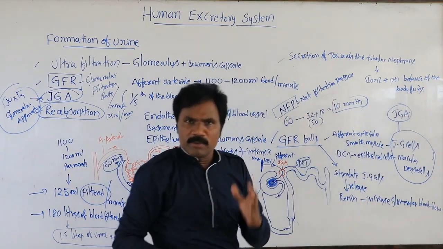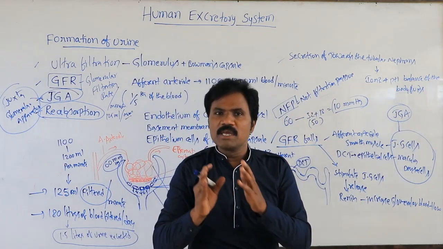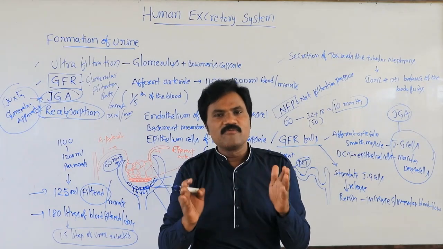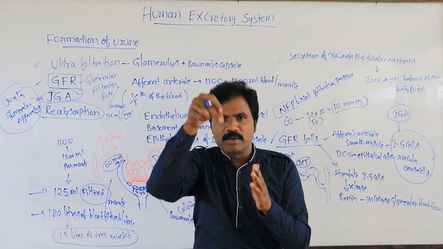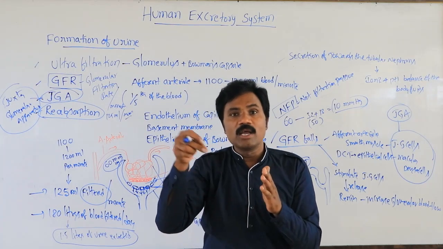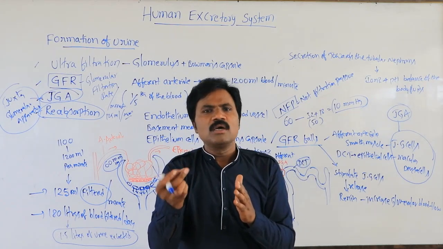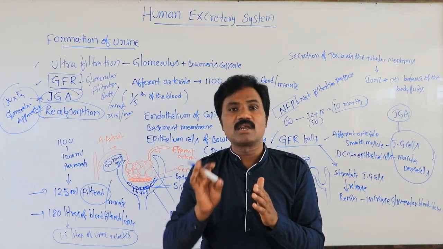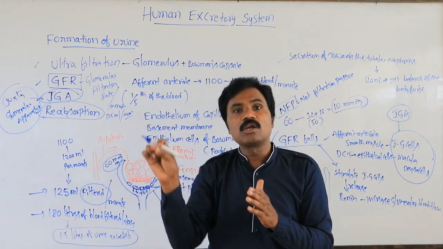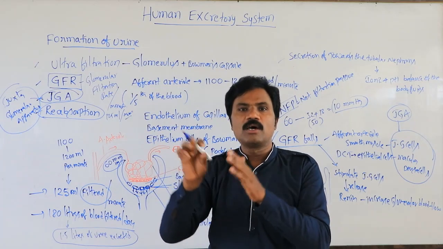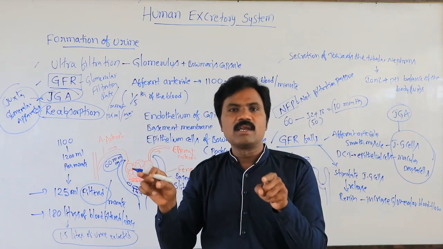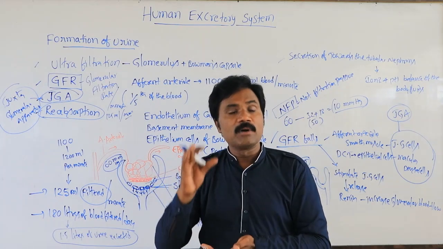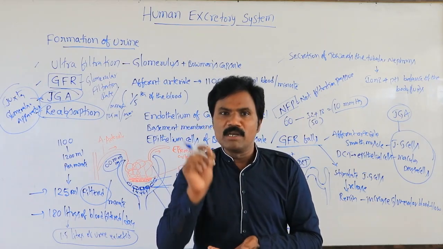So remember very carefully what is done by cortical nephrons, what is done by juxtamedullary nephrons, and what the difference is. Juxtamedullary nephrons mostly enter into the medullary part, whereas cortical nephrons enter only a little, and they are not attached to any vasa recta. The vasa recta forms from the efferent arteriole with the help of the capillary network, all getting together.